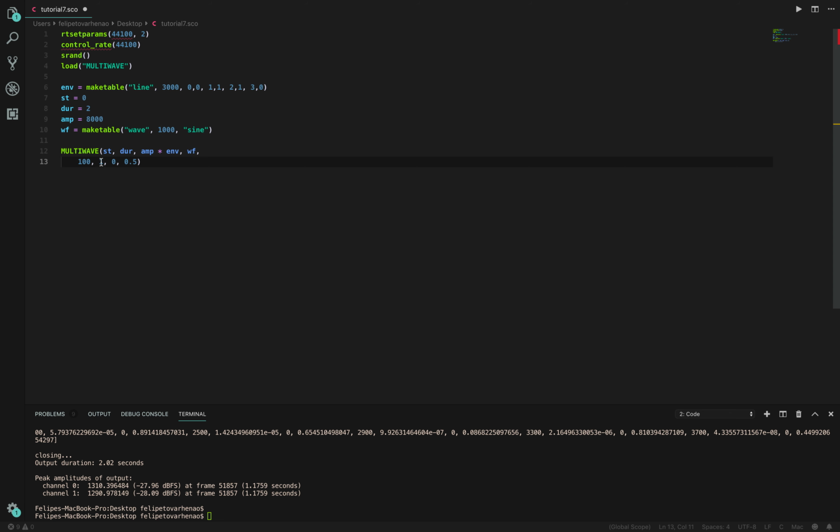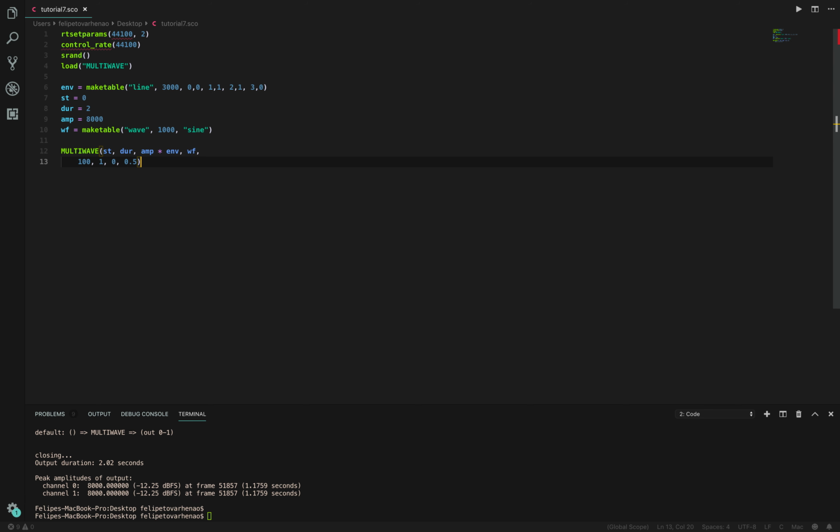And I'll explain why you have to do this multiplication. But then we have this next argument, which is the phase, and it's something that we're not going to deal with right now because it's not very relevant, but just in case you're curious, phase is a value between 0 and 360, which is, as you might guess, expressed in degrees. And then we have the panning, so we have 0.5 for the middle, and if we play the script,